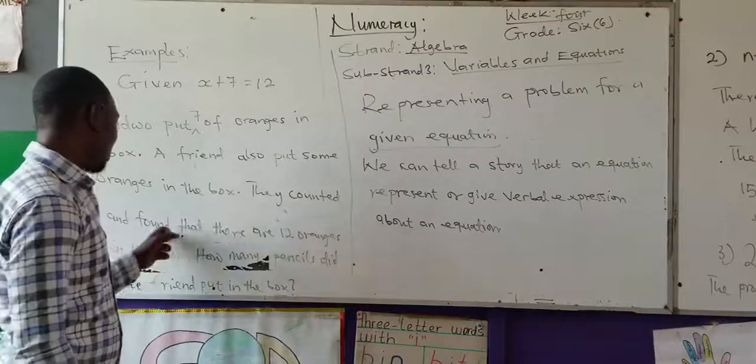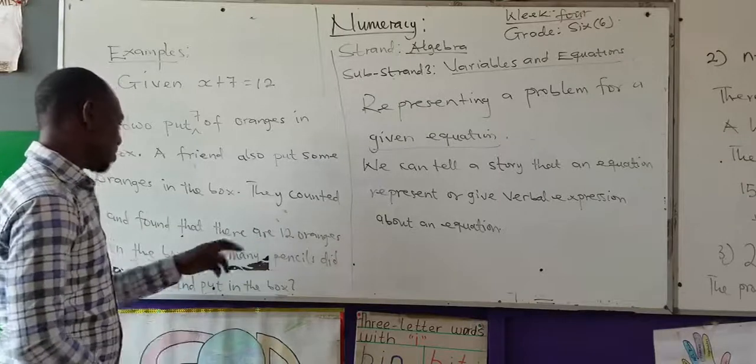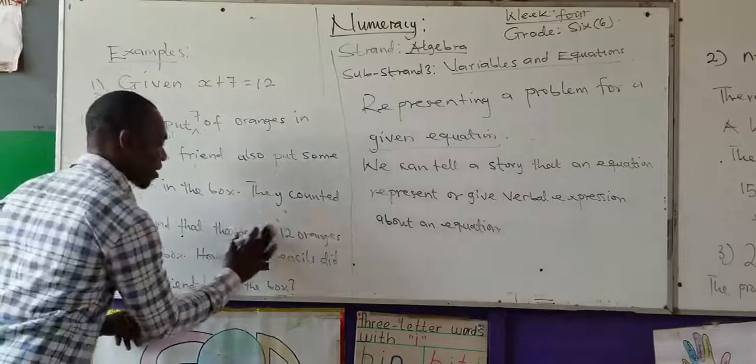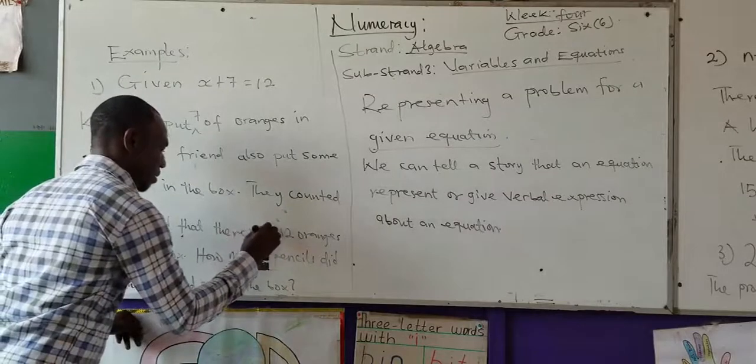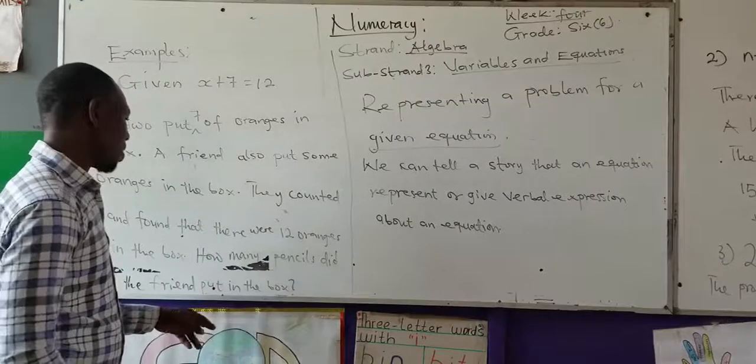They counted and found that there were 12 oranges in the box. How many oranges